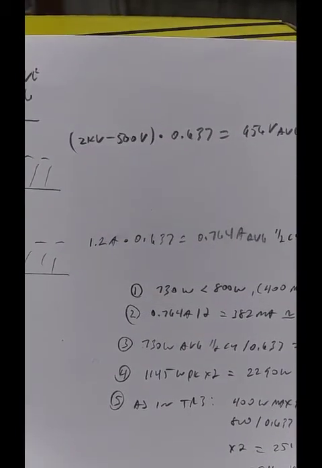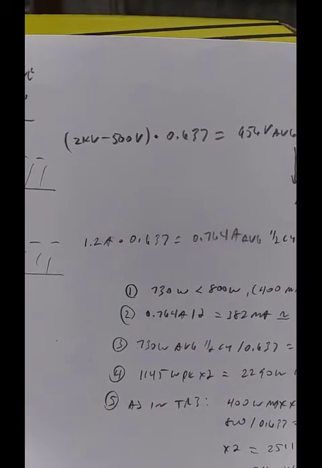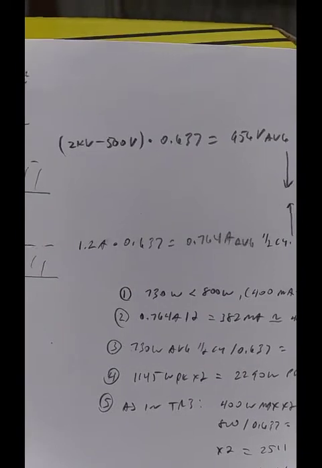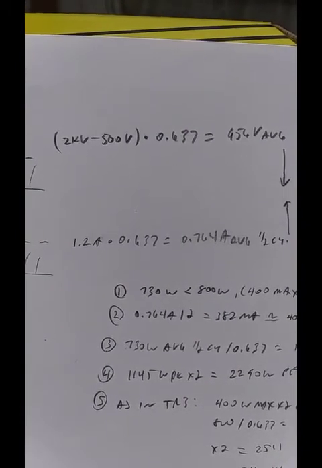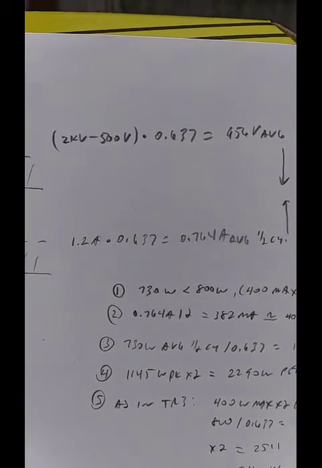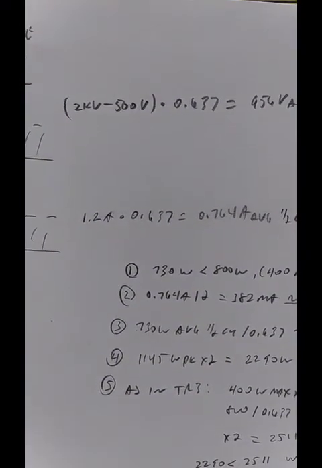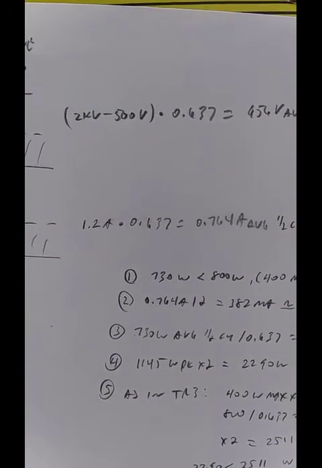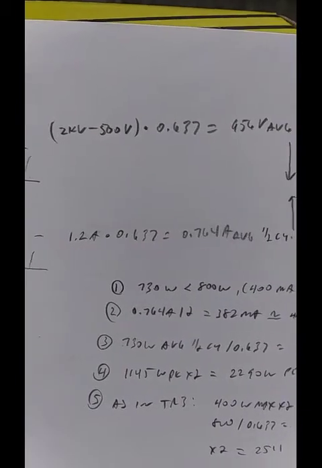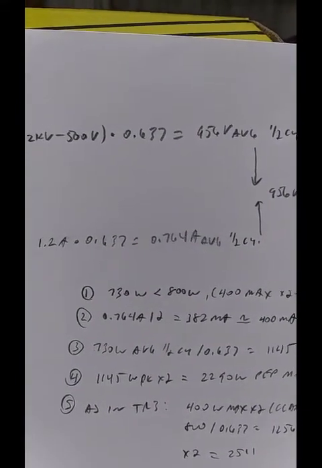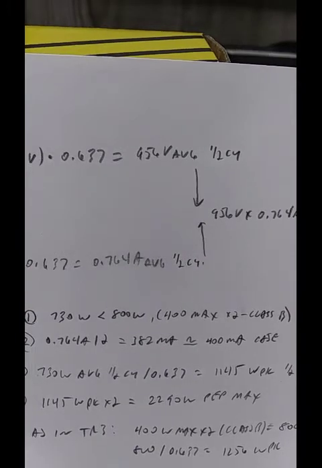Mathematically, we take the difference of 2 kV and 500 volts, which is what's seen through a coupling capacitor. That's a 1500 volt swing, so to speak, and down below 1.2 amp, because the minimum current is 0, so it doesn't figure in. We multiply those through by our magic 0.637 to get average, and that gives 956 volts average